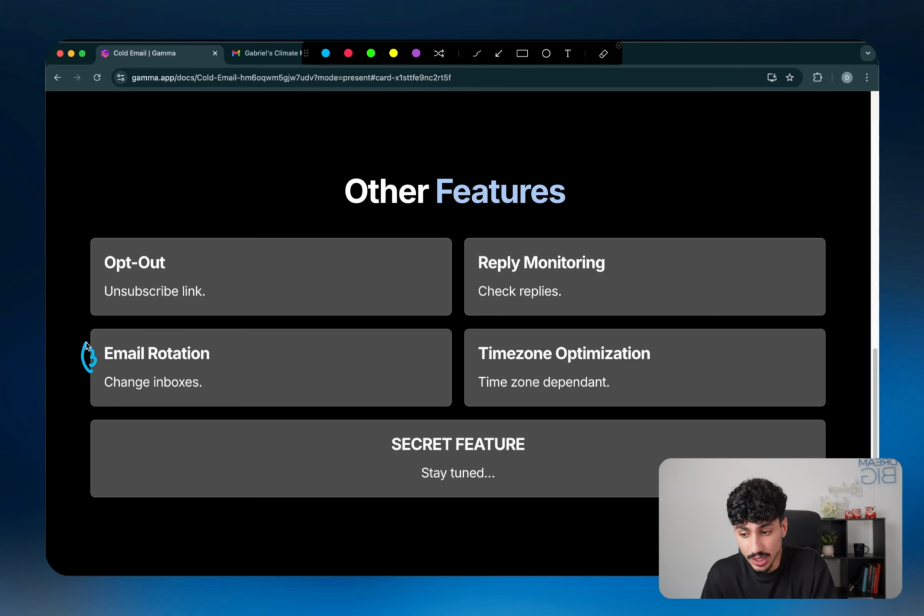Now, the third feature of the automation is email rotation. I remember sometime last year, we were working with a client that was sending a ton of cold emails out every single day, about 1,500 cold emails. They had no idea that they should be rotating their emails, so they were sending all of their emails from one single inbox. In practice, this is really, really bad, and if you take a look at their statistics, this was clearly reflected because their spam rate was super, super